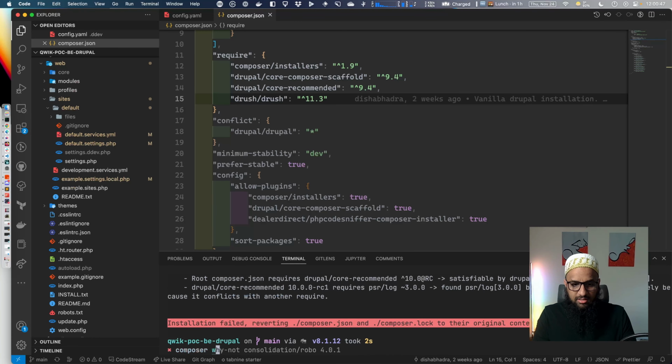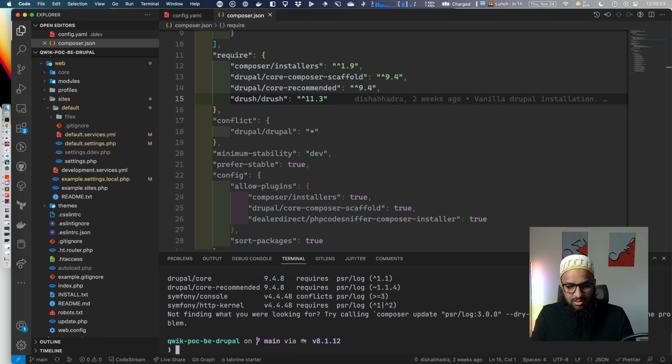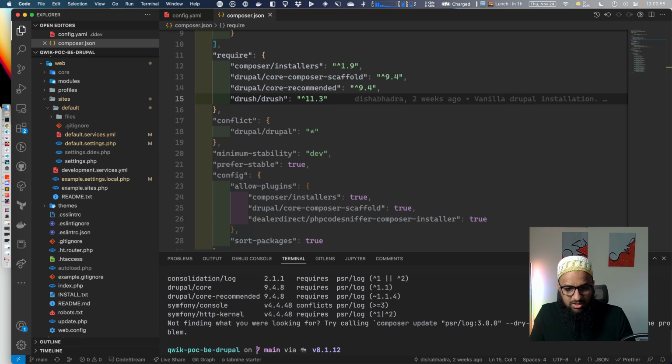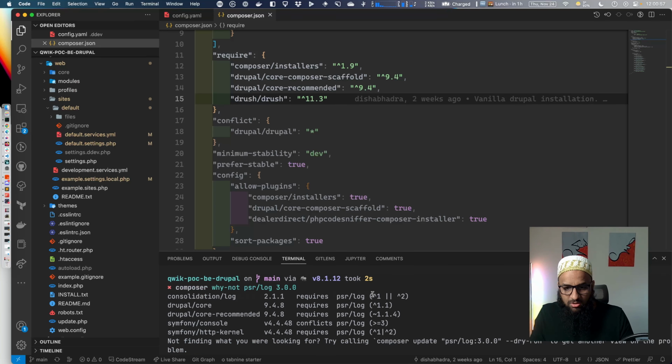So I'm going to write composer why-not psr/log 3.0.0. I don't think so. It's going to, yeah, okay. So it's telling me that consolidation/log requires 1 or 2. Core requires 1, but I'm upgrading core, so that's not a problem. Symfony console and HTTP kernel. Now, these are also going to be updated as part of core, because now Drupal core, we know Drupal 10